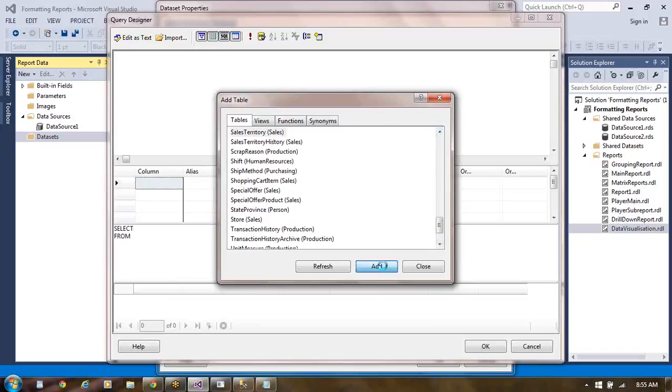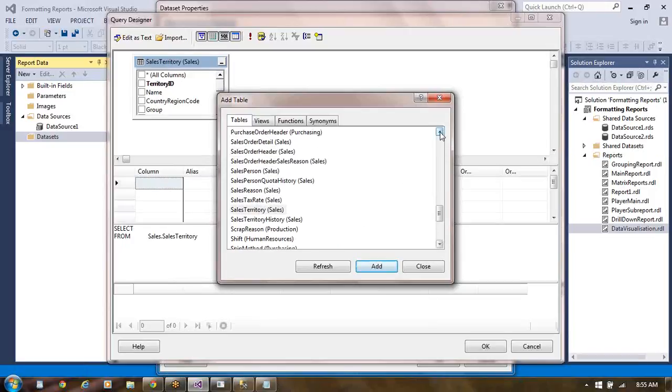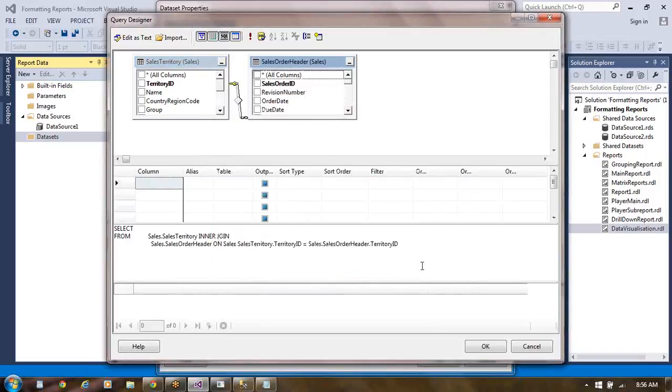Sales territory we choose in this. Click on add. The second thing is what exactly I want to use here: sales order header. Close. First thing is name. Then region code, we choose country region code.